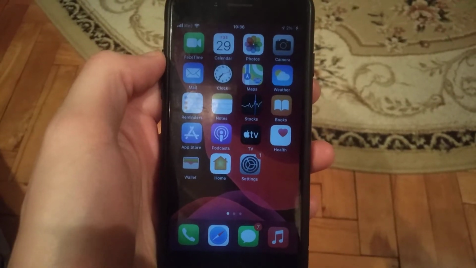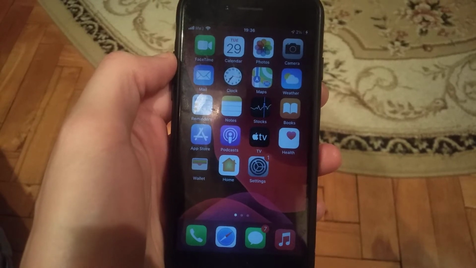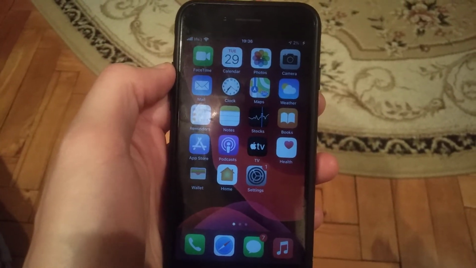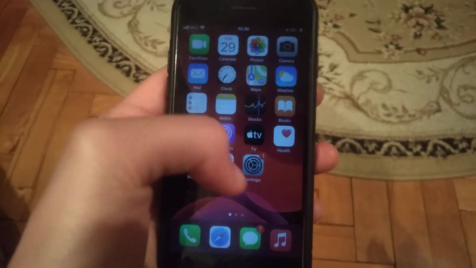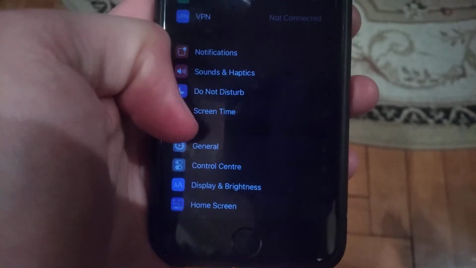Hello dear subscribers, today I will tell you what options I recommend you to turn off on your iOS 14 on iPhone. So just open the settings, and in the settings you need to find your